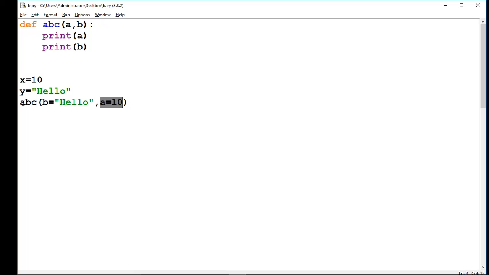Whenever I execute this program, this function call will call its definition and it will search where is b. B is on second position, so the value of b will store there, this hello, and the value of a will store into first position, 10. So the answer will come, I am printing first a then b.